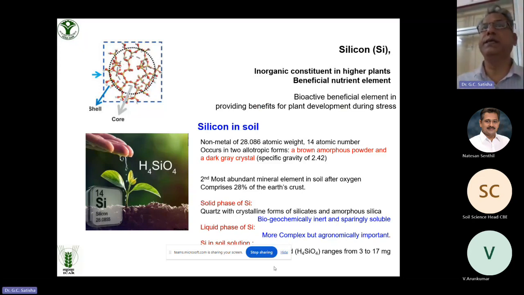Whatever silica is present in the earth's crust is geochemically an inert material, and it may not be soluble for the plant system. Whereas in the liquid phase, the soil solution, it is more complex, but we take it as an abundantly important element. And at the same time, the silica present in most solutions ranges from almost 15 to 17